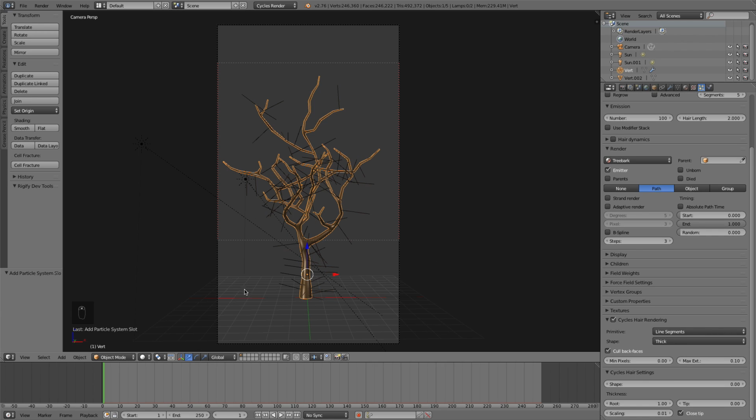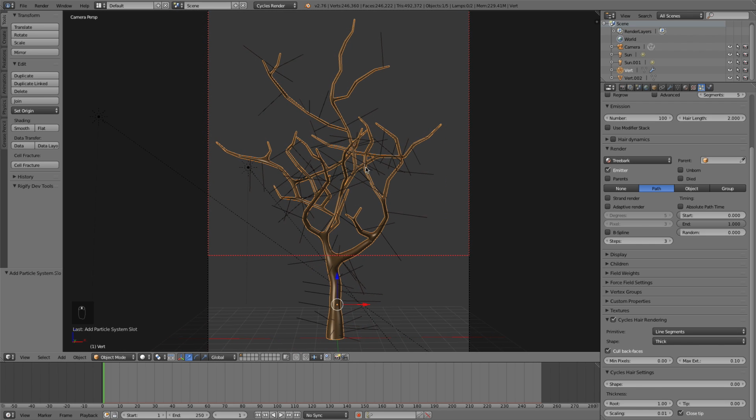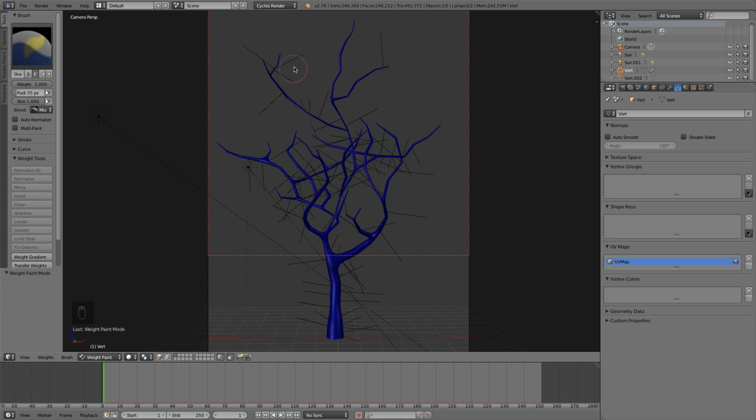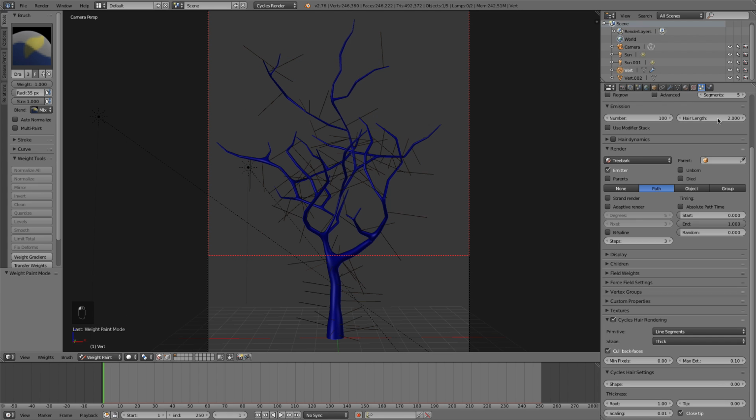And you can see currently it's emitting hair from all over the tree. Obviously we don't want that. We want branches just up here where our bigger branches are. So to do this, we need to create a vertex group. The easiest way to do that: you can see currently if I come over here to our vertex selection, we have no vertex groups. So let's go to weight paint mode with our tree selected,